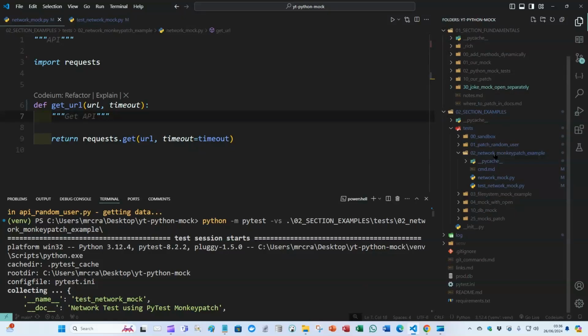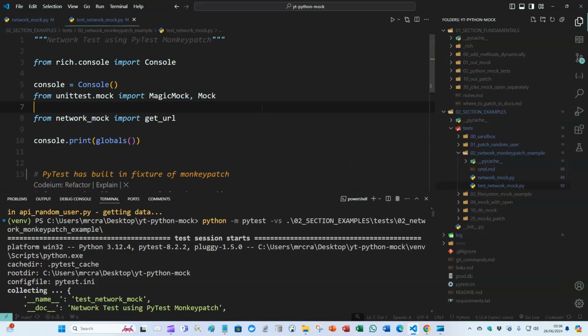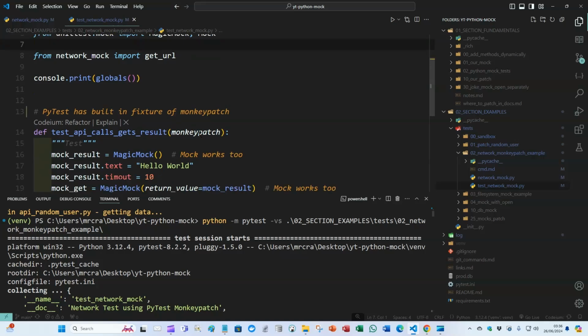We're now looking at using PyTest's monkeypatch, the 02 section examples, the 02 network monkeypatch example. We're just doing a basic requests call as our network mock, or as our sort of API. Now when we're testing it, we're going to use MagicMock or Mock. They'll both work, and we're going to try both of them. But the idea is that we use PyTest's monkeypatch, which is a built-in fixture, which allows us to set attributes,